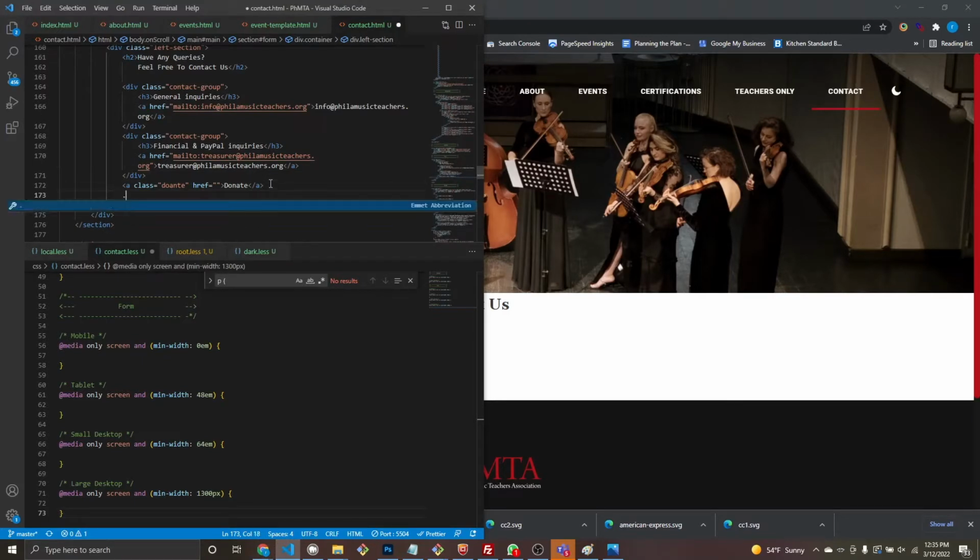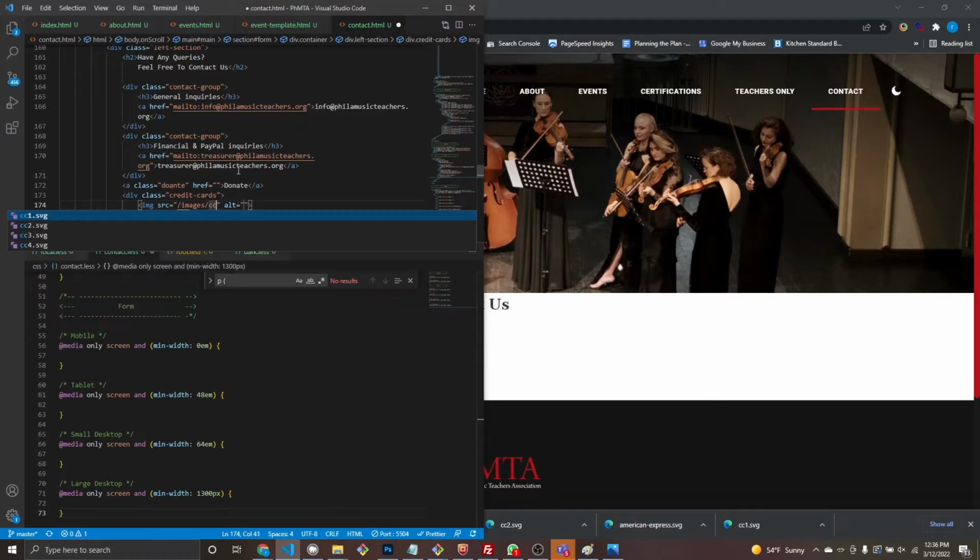So what we're going to do is this donate button. We're going to have a group of them. So credit cards. It's just going to be easier to manage them this way. Image source images CC1, and we're going to be loading equals lazy, decoding equals async, credit card,